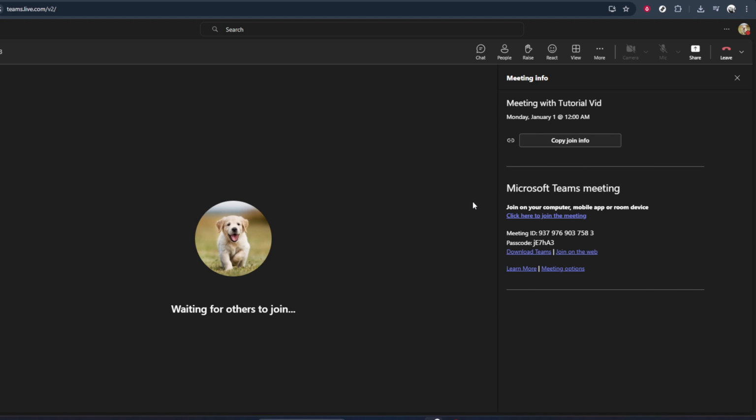Usually there's a copy button, or you can highlight and copy the text manually. This is very handy if someone can't find the original invite or if you need to quickly share the link through chat or email. That's all you need to do. Click the 3 dots on the meeting control